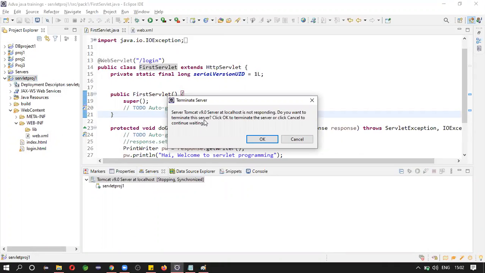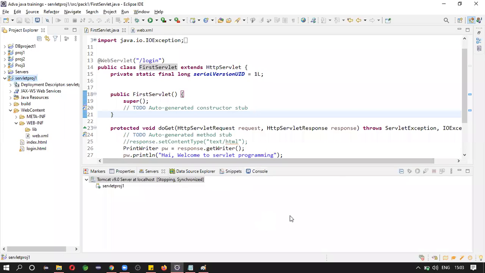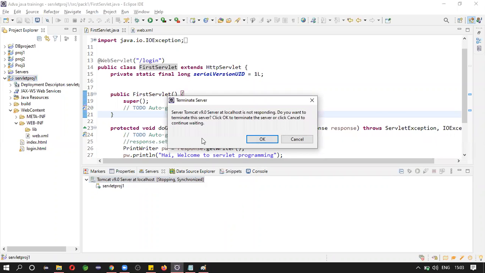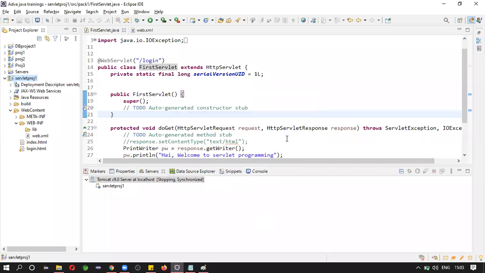Do you want to terminate this server? Click on OK. Stop. I think it is not responding. By reading the message, you will understand.